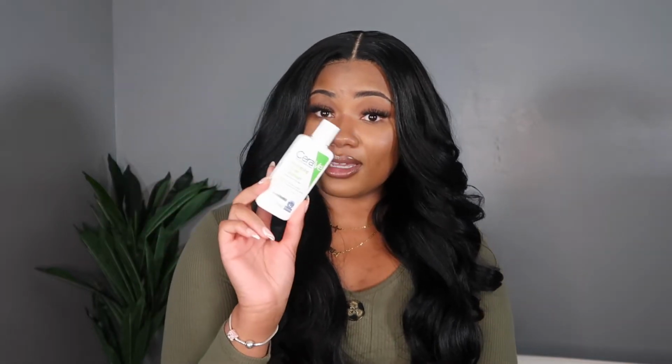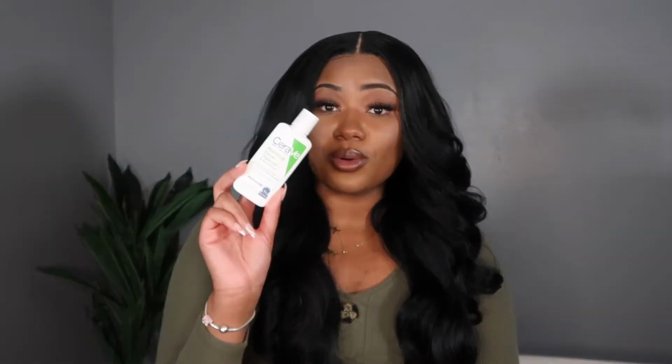The reason I ended up picking up this one in particular was because it was the only travel size CeraVe that they had. And I swear by CeraVe, so I was like, I'd rather use CeraVe than something else. But I actually like the hydrating one a lot. Me having oily skin, they say when you keep up with moisturizing and hydrating your skin, that it keeps the